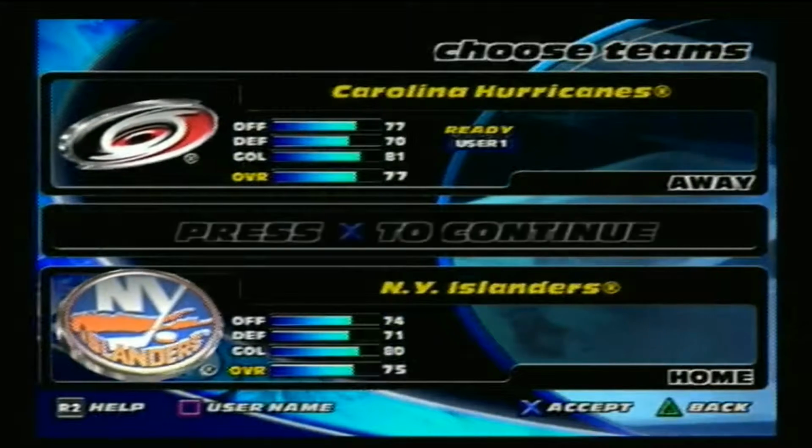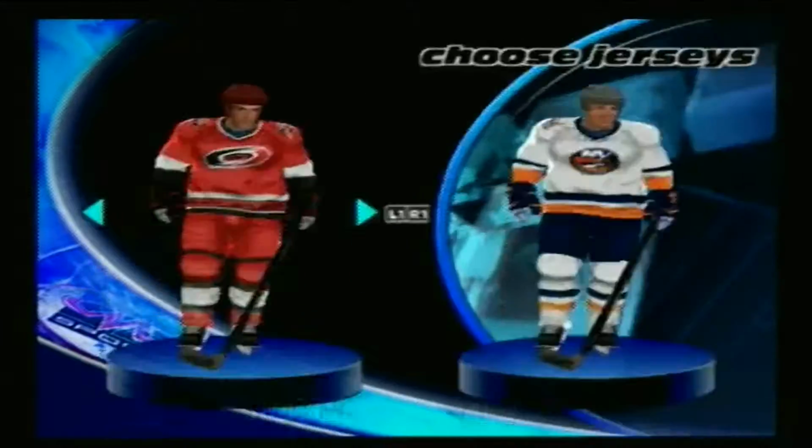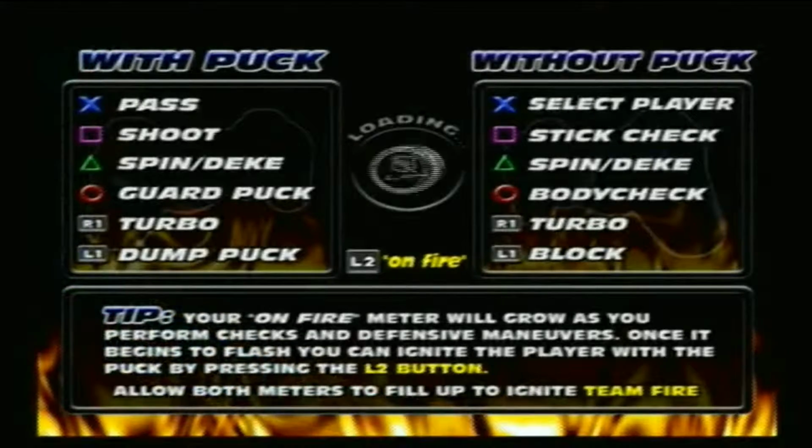Like I said, I did simulate through a few of the games. I think I've only played 1 or 2 games outside of the games that have been recorded. So I'm going to go with my normal lineup, which is Roenick, Yzerman, and Bure, and then I'm going to go with Richter in goal actually this game. Try to change it up a little bit, and we are going to play in the regular New York Islanders